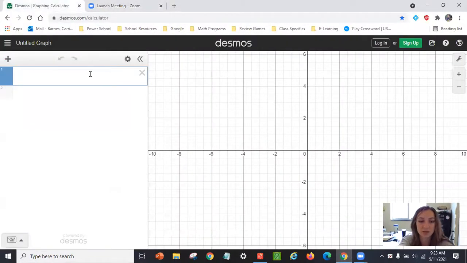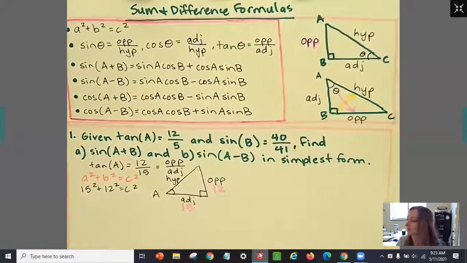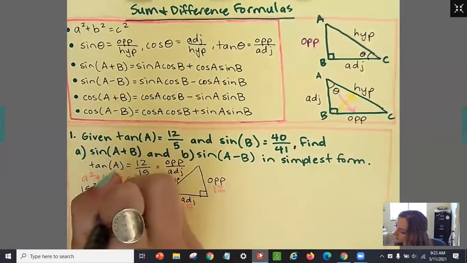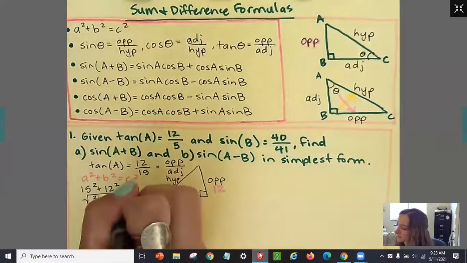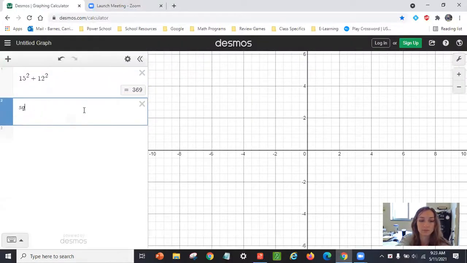No need to actually spend time figuring that out. Okay, that's going to be 369. So we're going to take the square root of both sides. We're not going to take the minus because we're working with a measurement here. So the square root of 369 is going to be